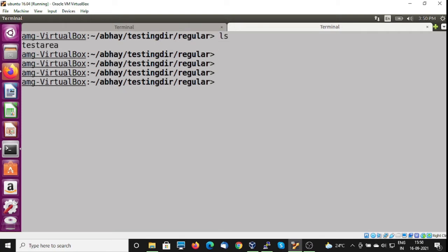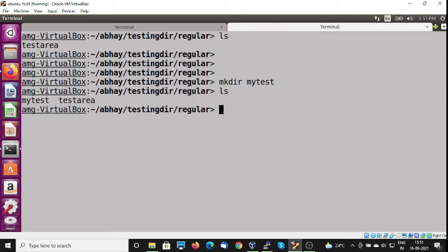Here I am going to create, first of all, a new folder for my work area, in the name of my test. So mkdir my test. So this is created.